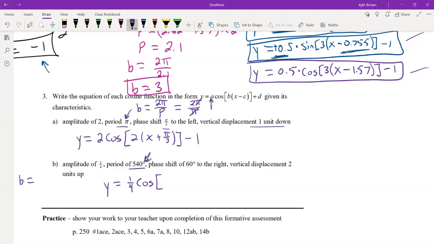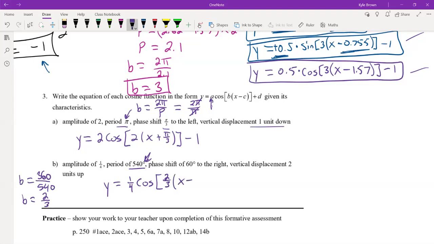Because now I'm talking in degrees. The degrees version of 2 pi is 360, right? So it's going to be 360 over 540, which would simplify down to 2 over 3. Okay, so that's my b value. So we got 2 over 3